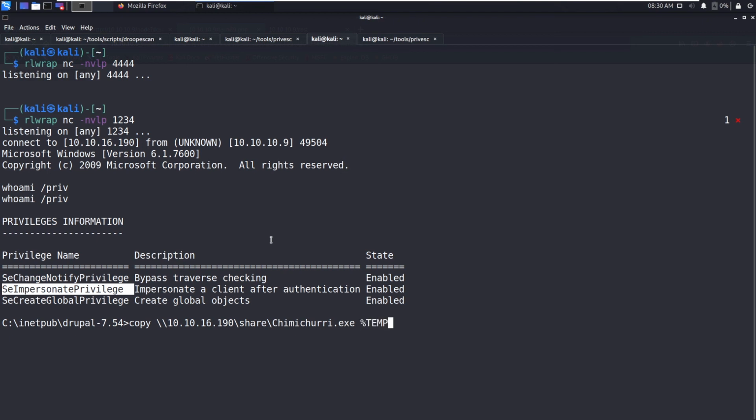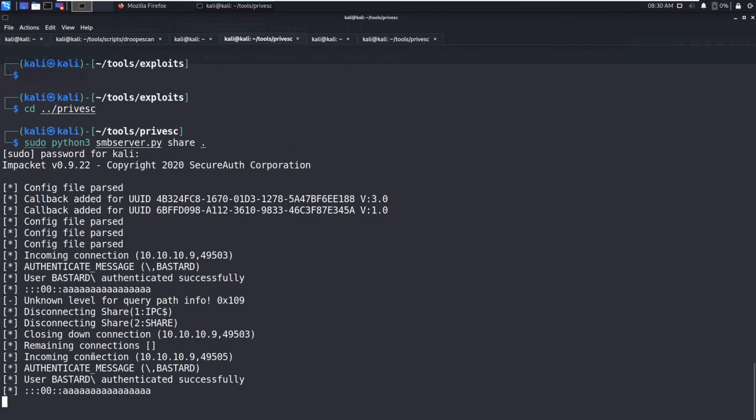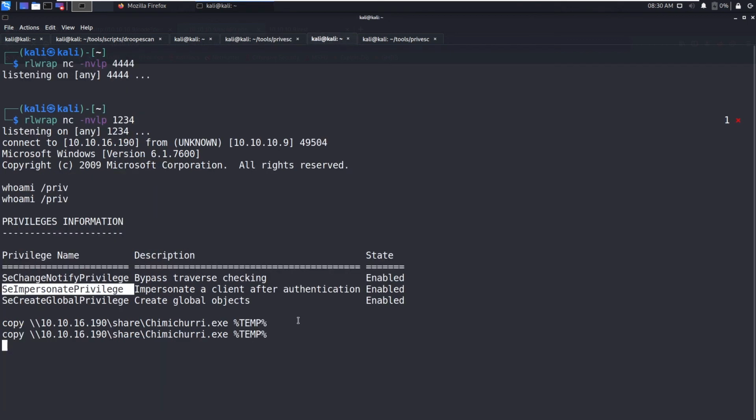We should say temp. We should see a second authentication. So it has copied.